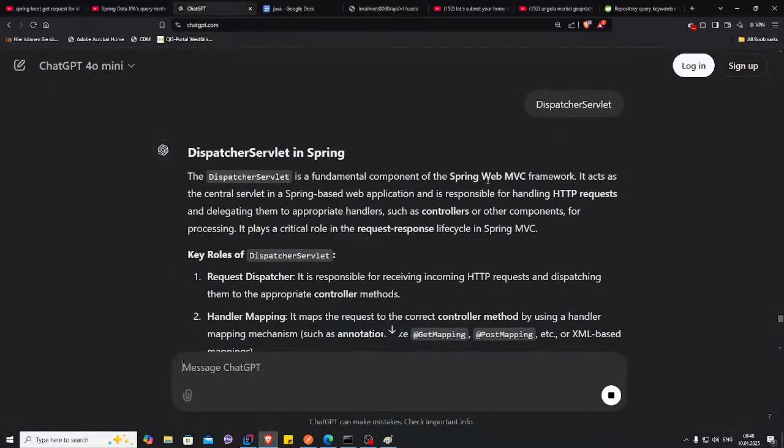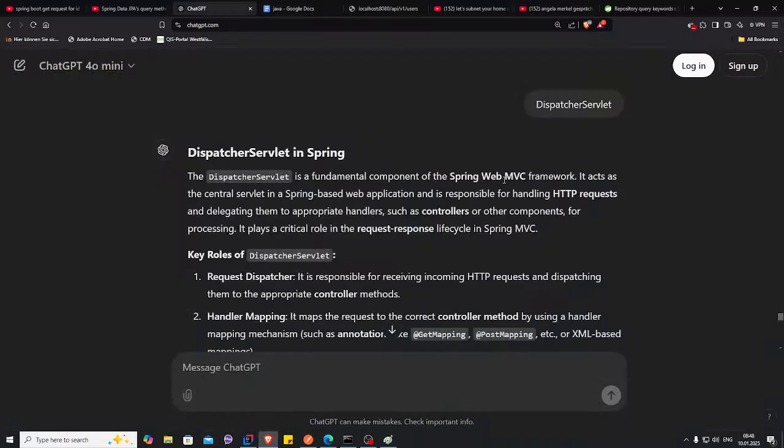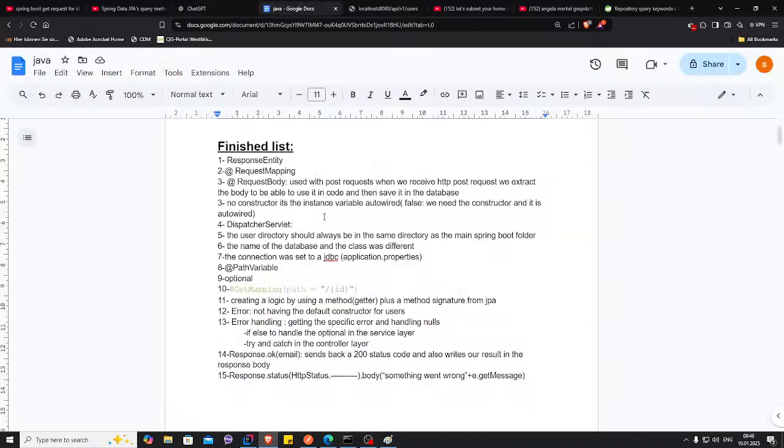It is a fundamental component of Spring. It's part of the Spring Web MVC framework. Okay, it's part of the framework that handles the HTTP request